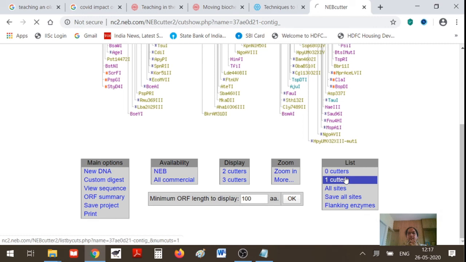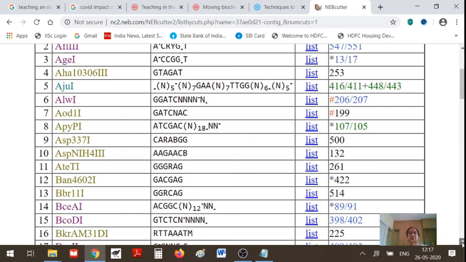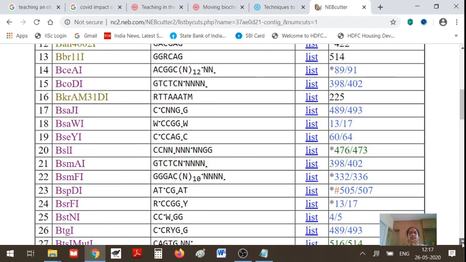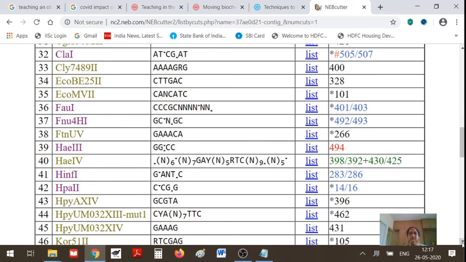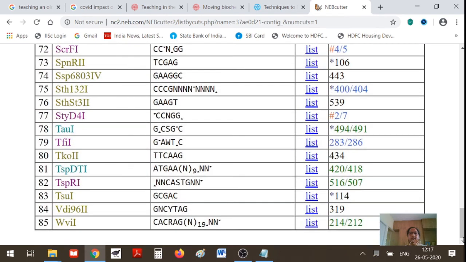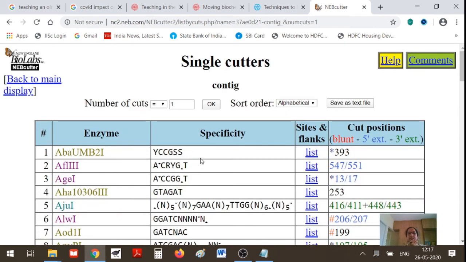If I click on 1 cutters, you get this list. These are the restriction enzymes which have only one restriction site on the DNA. You can explore this, and similarly you can explore the other options at your leisure.